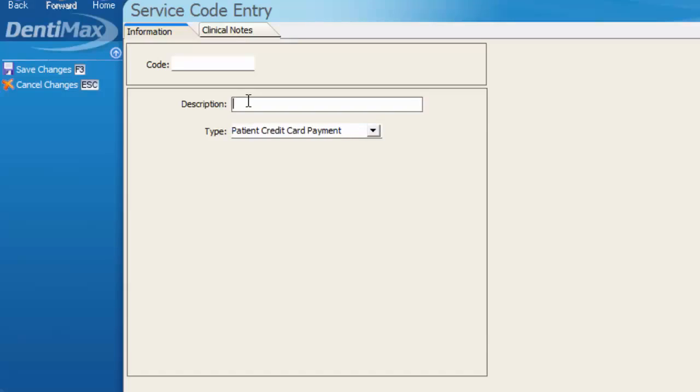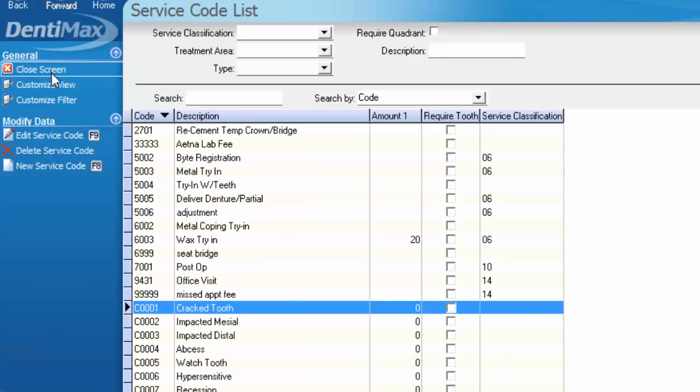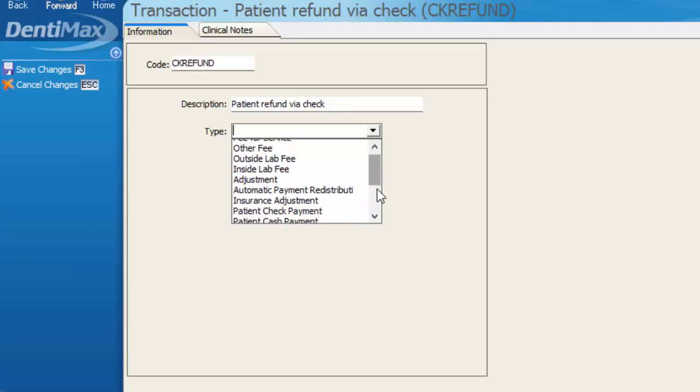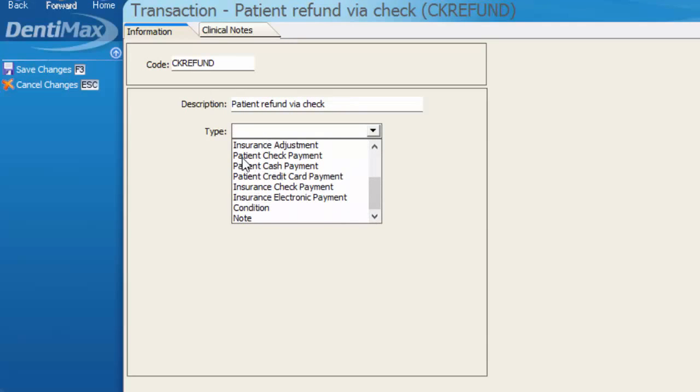So in the description line, I'm going to go ahead and type patient refund via credit card. And in my code abbreviation section, I'm just going to put CC refund. Now we can save our changes for that code, and then we could go ahead and create a new service code that would be a patient refund via check if we'd like. So we could put CK refund. Description would be patient refund via check, and then the type of code we would be creating would be a negative patient check